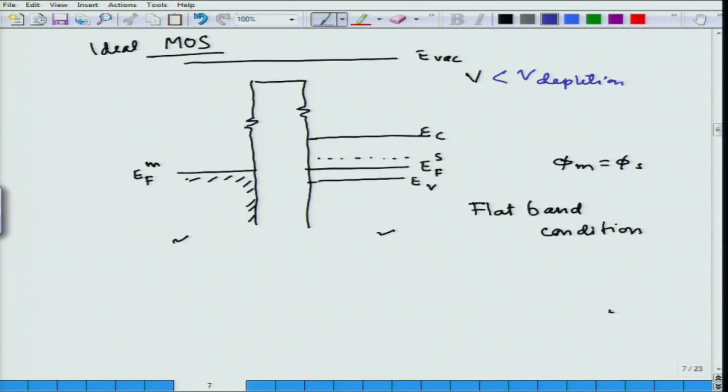So, if V is greater than the V depletion of the last slide, then I am going to now have a case where this is going to be further down, much more depressed on the Fermi level of the metal, and I am going to have band bending which is going to